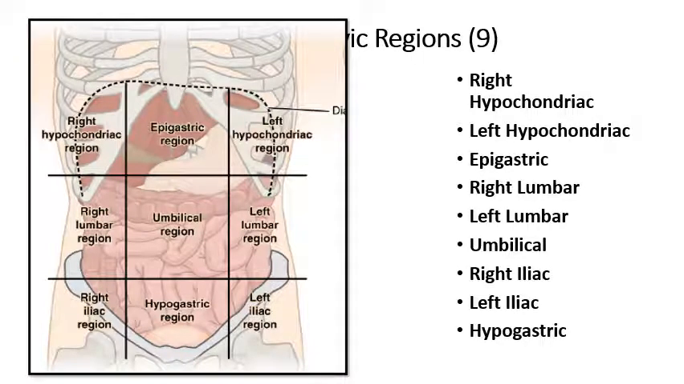Okay, now the very central one of the 9 is referred to as the umbilical region, because that's where the umbilicus was. That's where the umbilical cord was. The word epi means above. Gastric refers to the stomach, so this quadrant here is referred to as the epigastric region because it is literally located above the stomach. Now, the left hypochondriac region is located above and to the